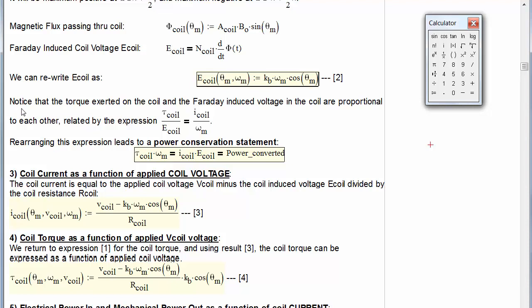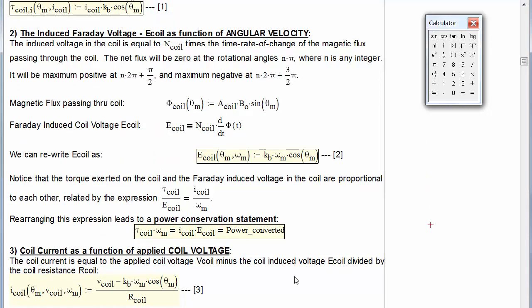Incidentally, we can write the following expression here. Notice that the torque exerted on the coil and the Faraday induced voltage in the coil are proportional to each other. I just mentioned that they're in phase. So if I take the torque of the coil, the expression in equation 1 above, and divide it by equation 2,